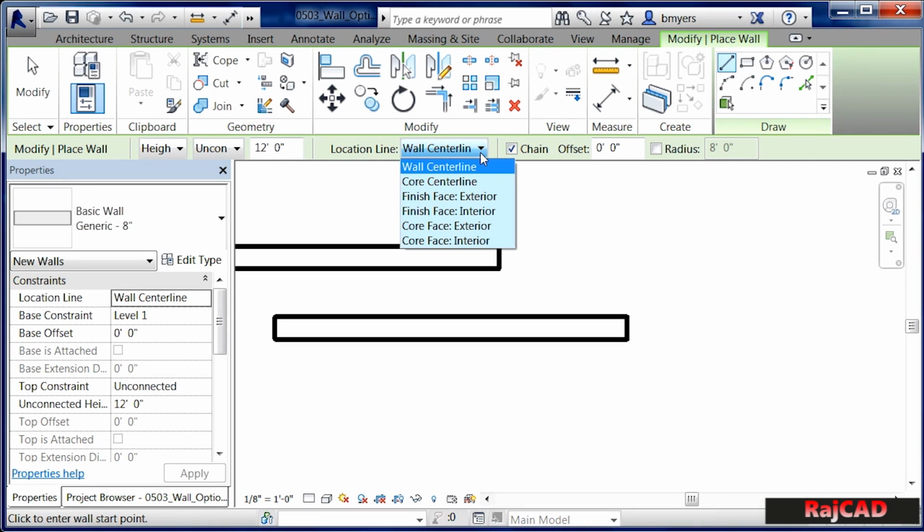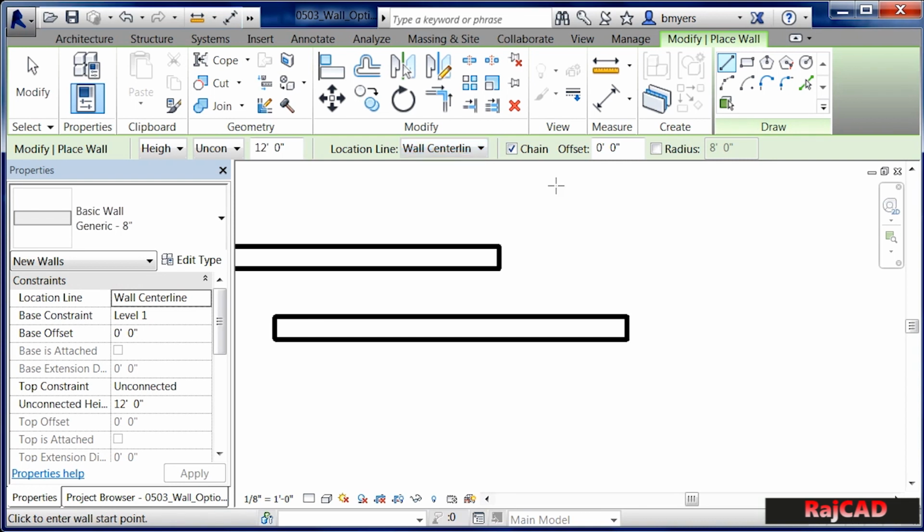Core face exterior and core face interior will draw our wall based on the structural elements inside of the wall. In other words, if this wall had CMU block, it'd be off the face of the block. If this wall was made up of 2x4s, 2x6s, then it would be to the face of the studs of the wall, and that would be the core faces of those. And what I mentioned before, which is the core center line, that would be the center of those structural members